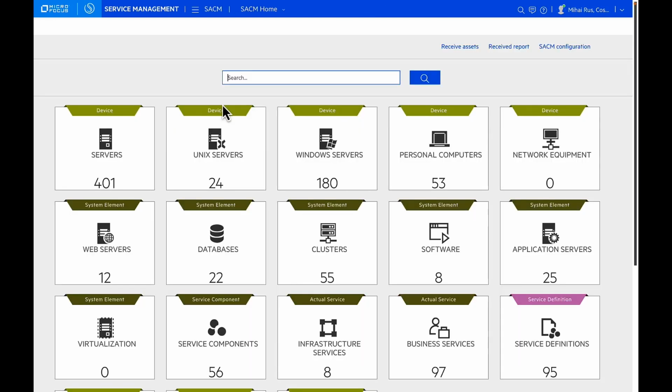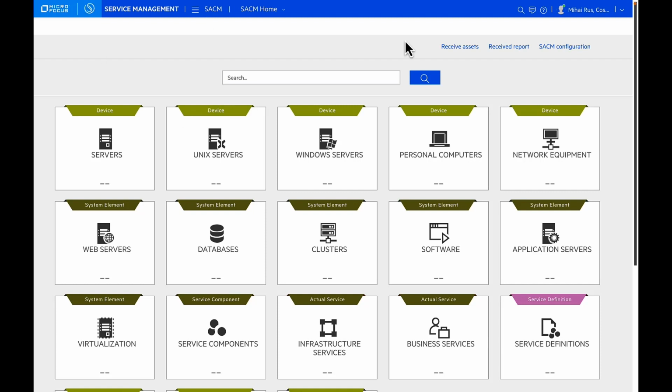Asset Configuration Management, or SACM, is the heart of Asset Management X. This module provides a 360-degree view of assets and all the associated components. As I land in SACM, I am greeted with this dashboard, which gives me a breakdown of all my assets by asset type. The dashboard provides an overview of various hardware and peripheral assets managed as configuration items, or CIs. We can drill down into a specific asset type either from here or by using the drop-down menu.